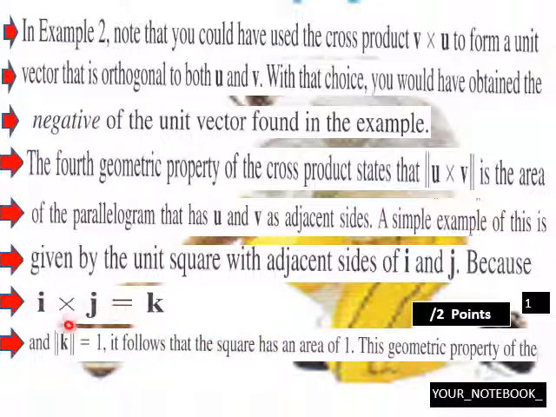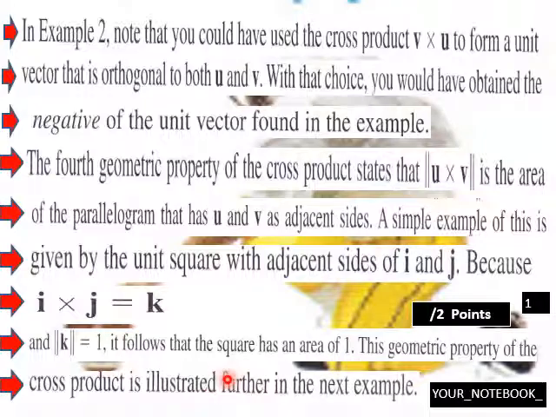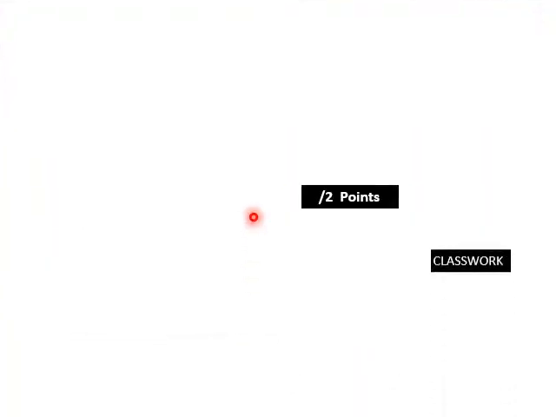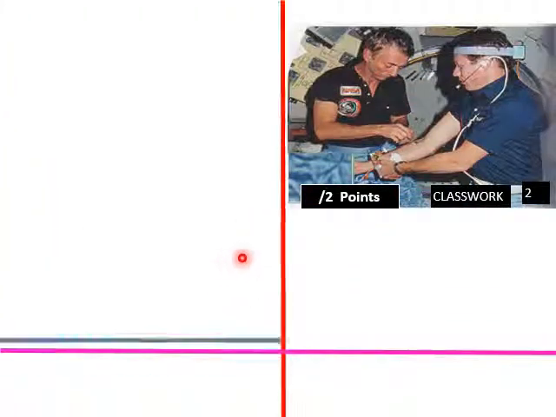So that is almost like a test of this finding the area of a parallelogram. This geometric property of the cross product is illustrated further in the example. So going from that,